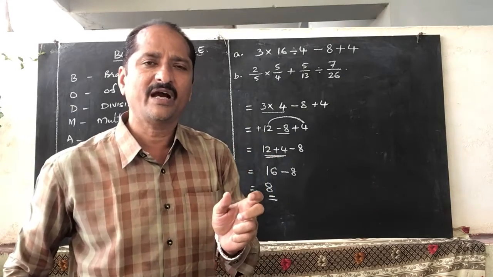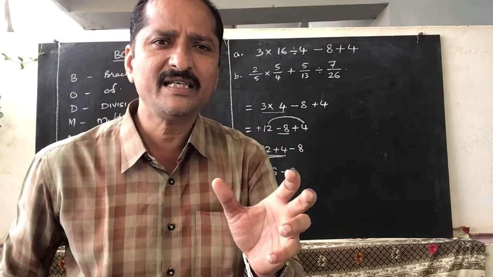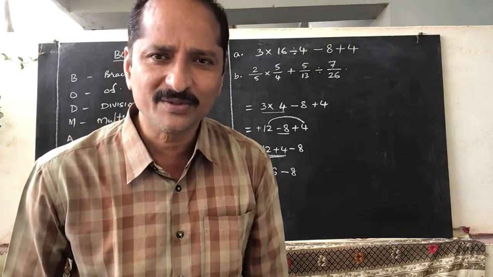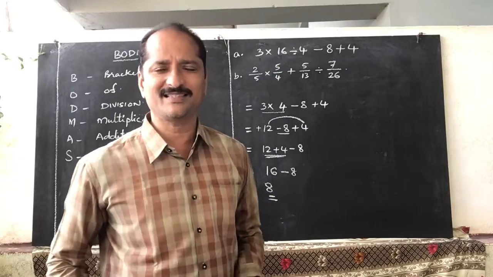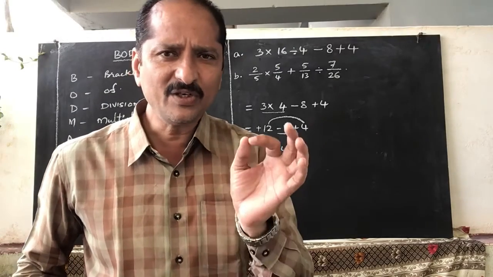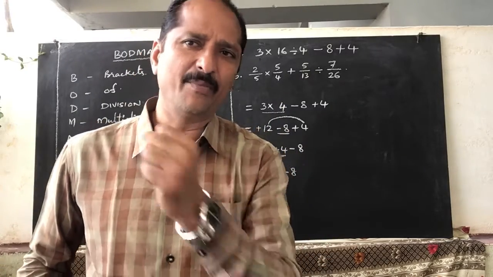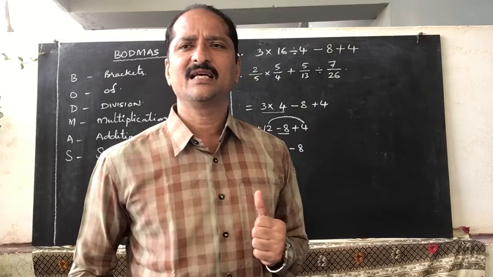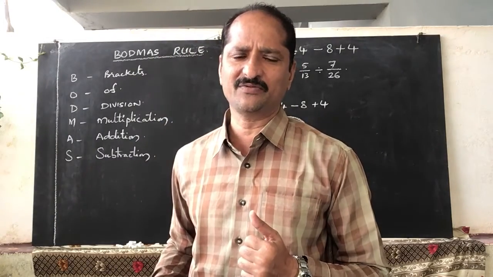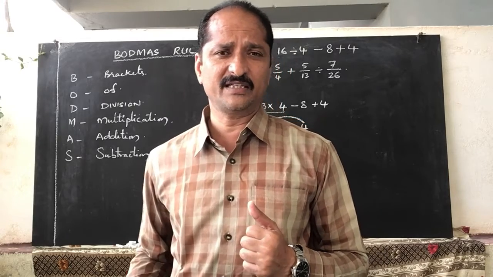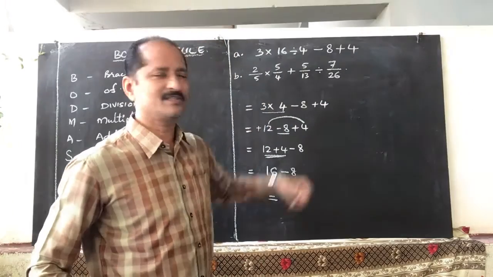So we have a universal simplification rule that is known as the BODMAS rule. Understand? If you perform in different ways, you will get different answers. But there is a universal rule for simplification of numbers, that is known as the BODMAS rule or DMAS. D stands for division, M stands for multiplication, A stands for addition, and S stands for subtraction. In this way, perform this one also.